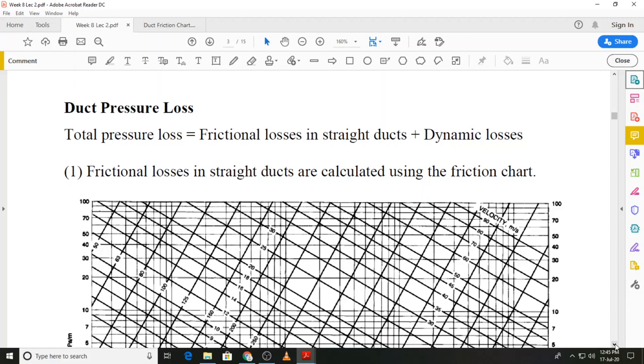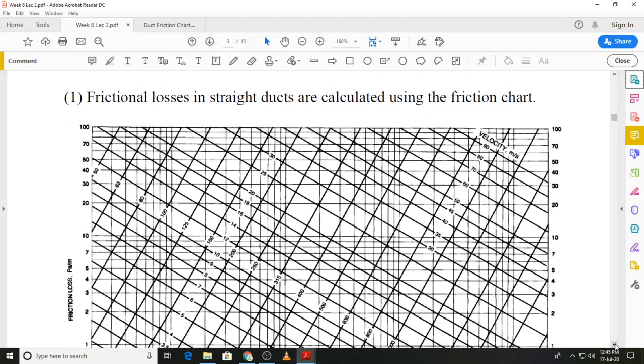And to calculate the frictional loss in a duct, we have a duct friction chart that I will bring up on the screen,